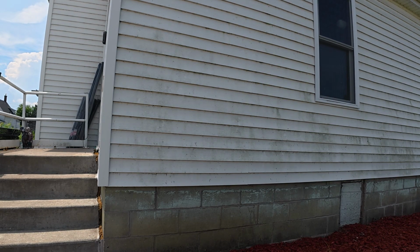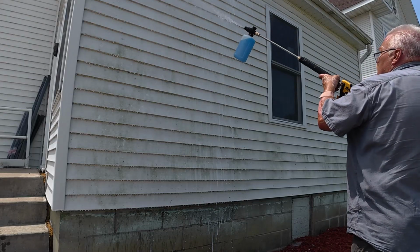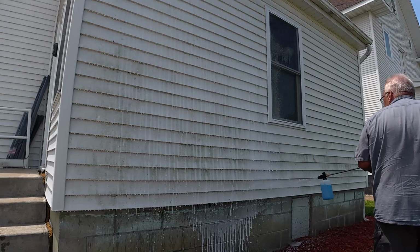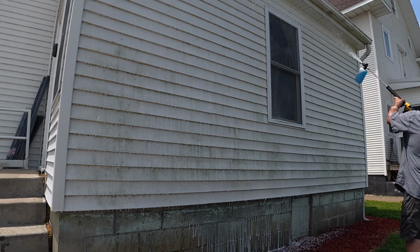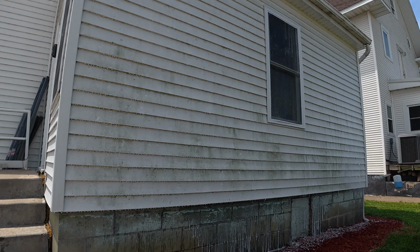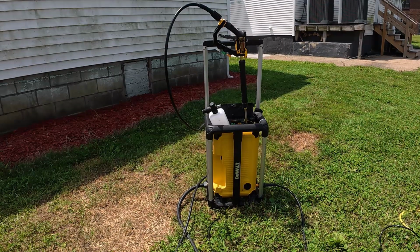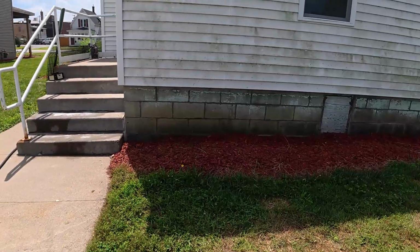All right, let me soak this down. All right, you might as well see me do this. By the way, everything stores inside the unit. It also makes a good place to just put your wand so you don't have to leave it laying on the ground. I kind of like that. So it's been about 15-20 minutes here. Let's